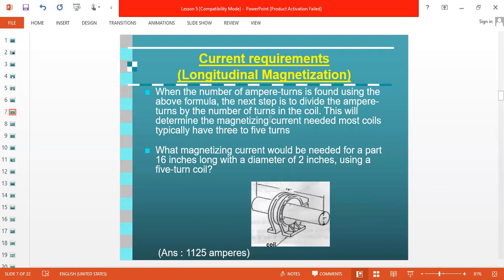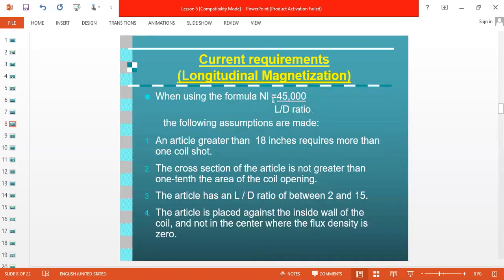There are some assumptions while we are using coil shot. An article greater than 18 inches requires more than one coil shot. The cross section of the article is not greater than